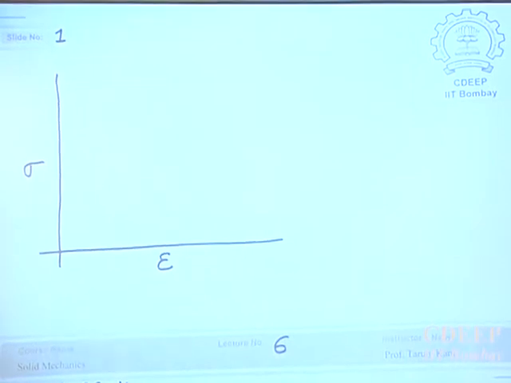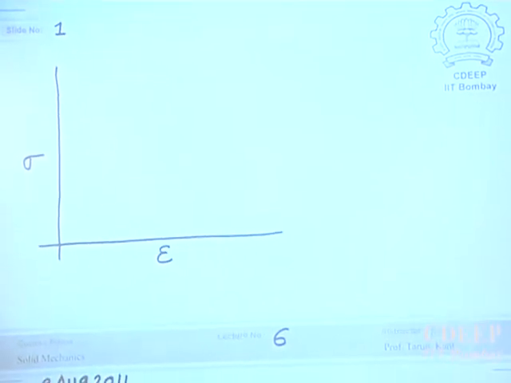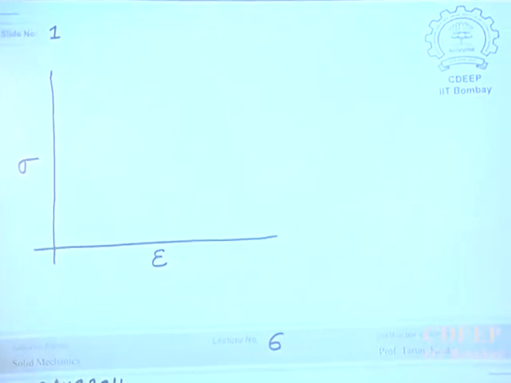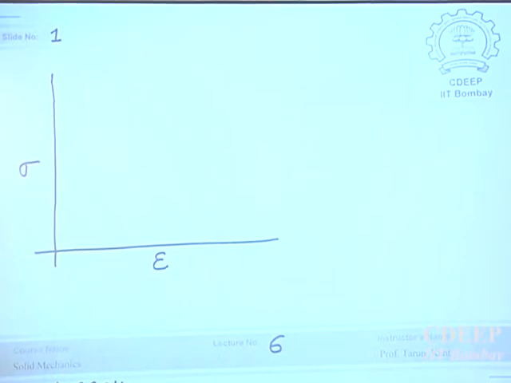You have marked 2 points in the center of the rod, because some portion has to go in for gripping first, so it has to be a larger diameter, then you have to chamfer it, make it a gradual change. In the center where the cross section is more or less the same, you mark 2 points, and that is called gauge length. There you are assuming the average cross section is the same, and then you start loading it.